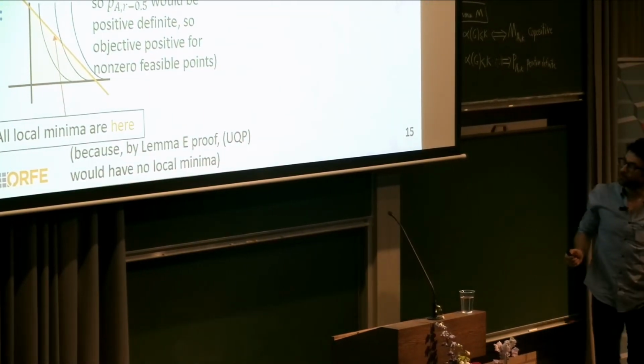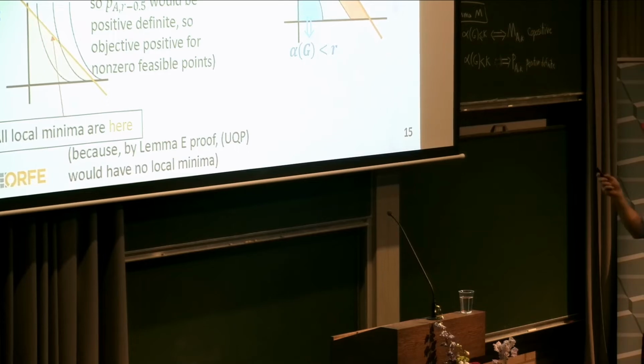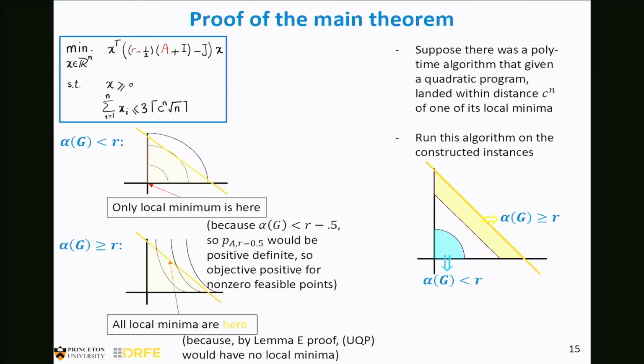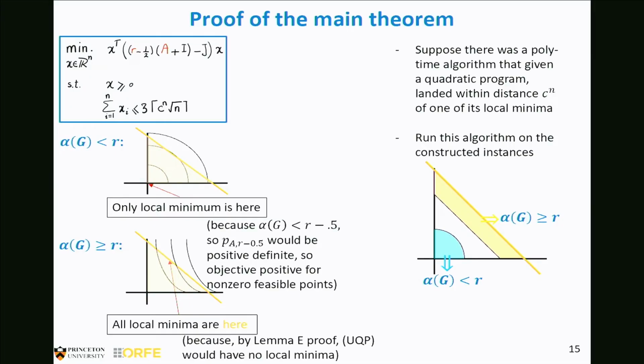Okay, so now we're done, because suppose there was a polytime algorithm that, given any quadratic program, landed within distance c to the n of one of its local minima. So take that algorithm and run it just on these quadratic programs. What is it going to happen? So on these quadratic programs, the local minima is either at the origin or they're here. The distance from the origin to this line, and this goes to your question, is 3 times c to the n. So if the algorithm is going to be within c to the n, is never going to land in